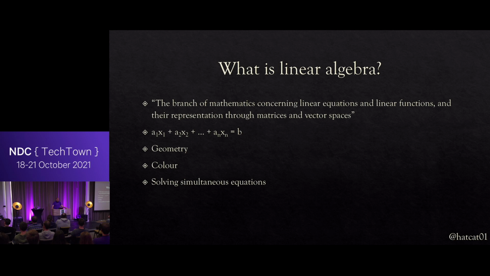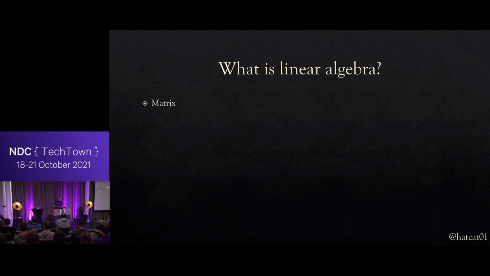Solving simultaneous equations is probably the first piece of linear algebra that any of you did via row reduction. In fact, linear algebra underpins most of modern mathematics. It has applications in machine learning. Machine learning is just number crunching, really. And linear algebra features heavily in it. Most textbooks will start with the vector, or even the scalar, but we're going to start with the matrix and work backwards for reasons which will become apparent.